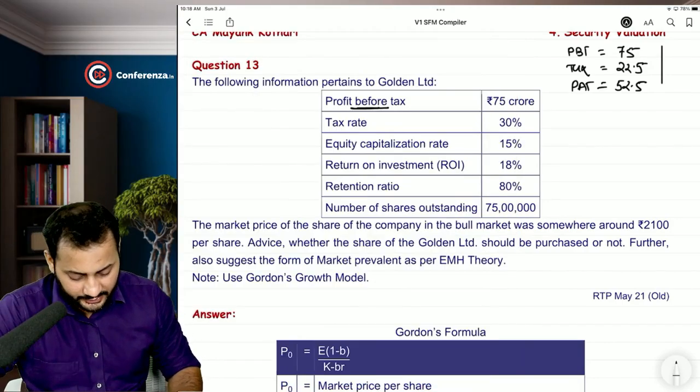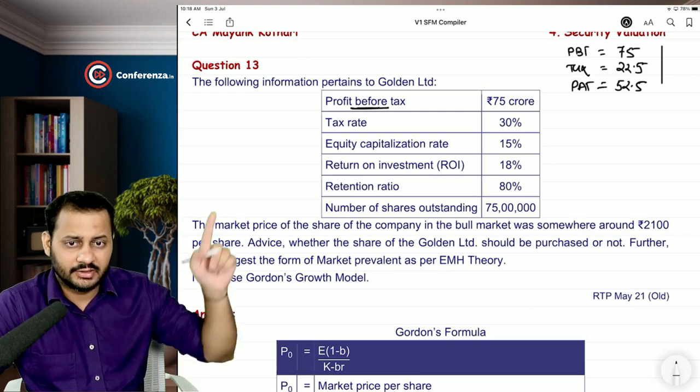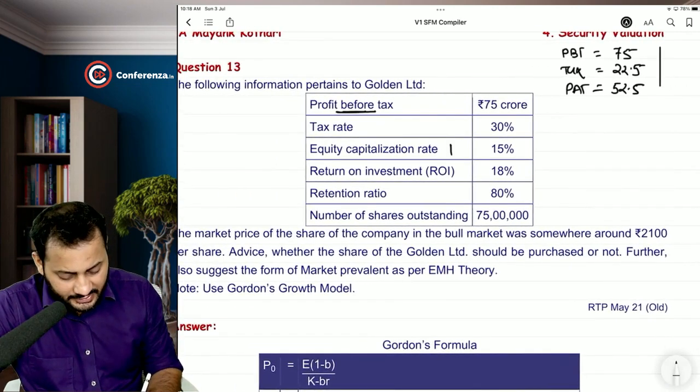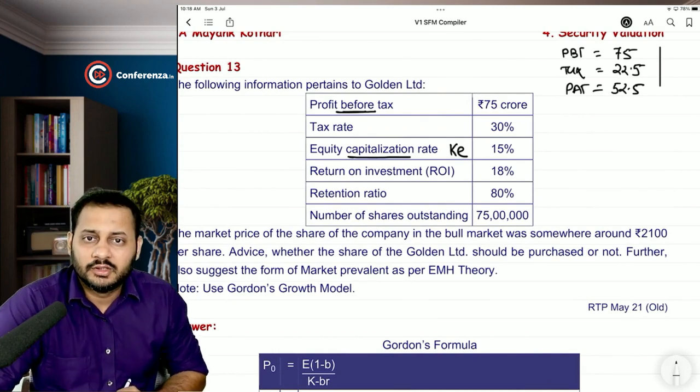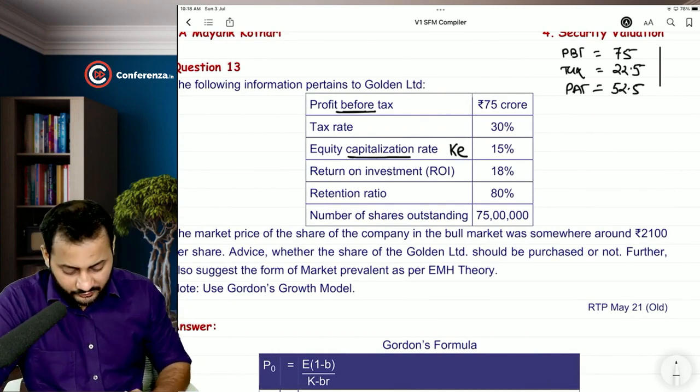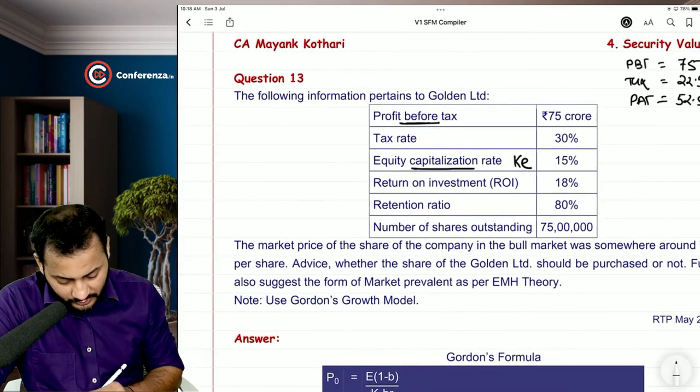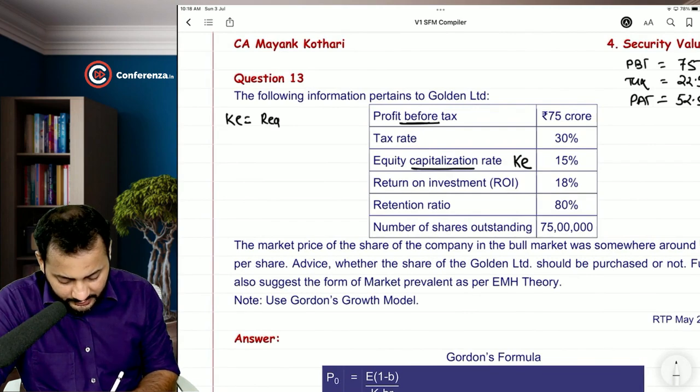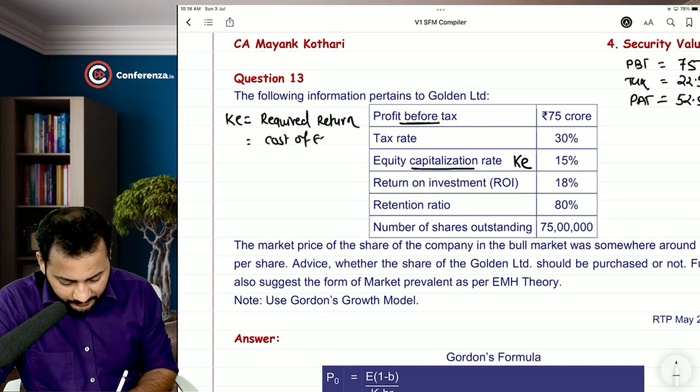Okay, let's go ahead. This is profit after tax. Then equity capitalization rate, that means cost of equity. Please understand, capitalization rate means the cost of equity itself. So there are a few names for this cost of equity. First of all, cost of equity is the required return to the investor. Then it is the cost of equity to the company. This is the capitalization rate also,